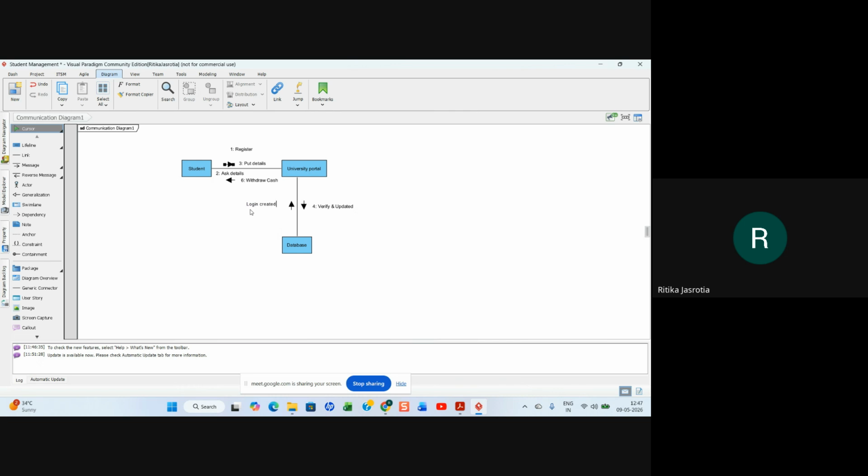Login created. After verifying, login is created, and the information is passed to login information, and login info given on email, right? Login info given on email.